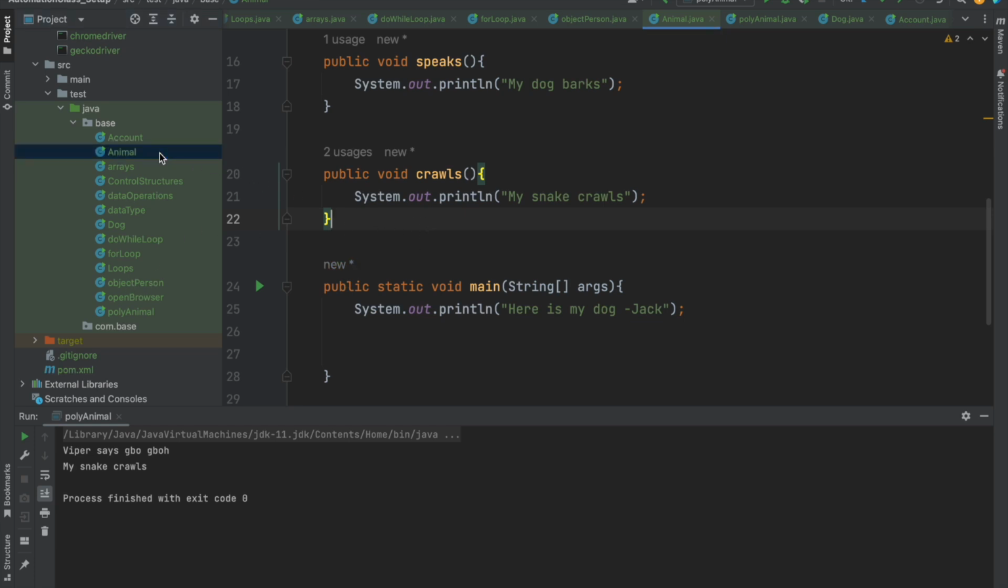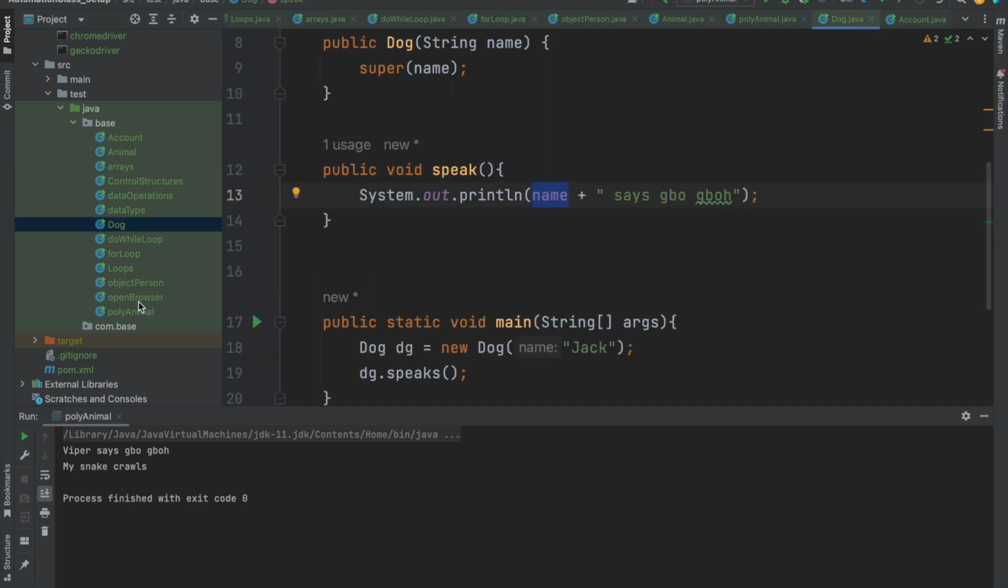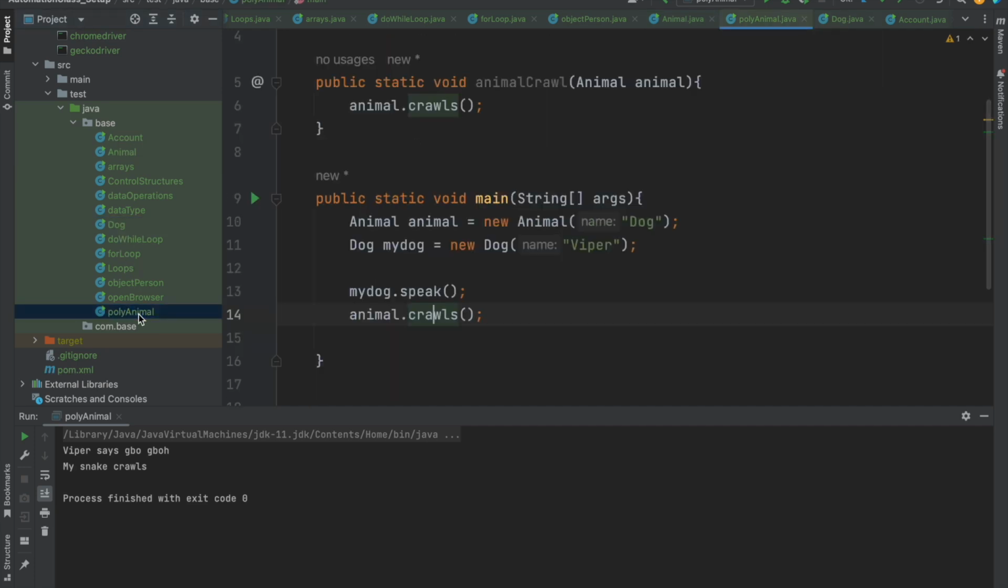Something that was in animal and something that was in dog got executed inside polyanimal. Somebody following me? We have animal, we have dog, but it got executed inside a different class entirely. Viper says Gbogbo, my snake crawls. So that is an example of polymorphism. Moving on,